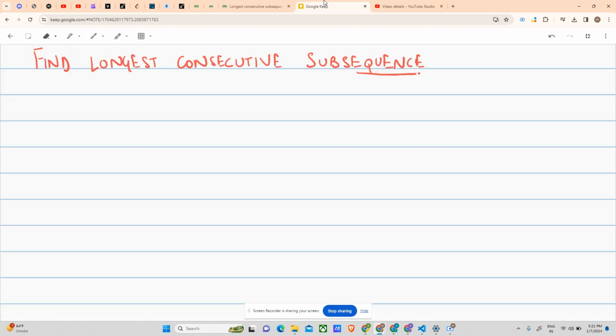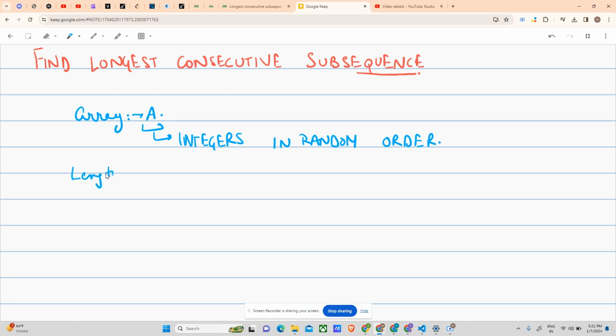Okay. So the problem says that you have been given an array. Let me name it as A. A contains integers in random order. Not in sorted or any other order. In random order. You have to tell me the length of the longest subsequence